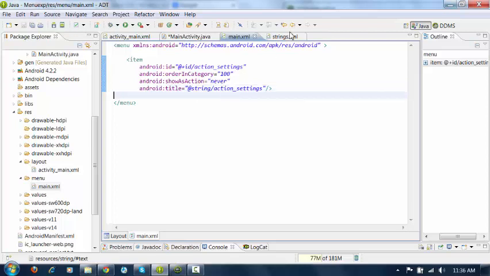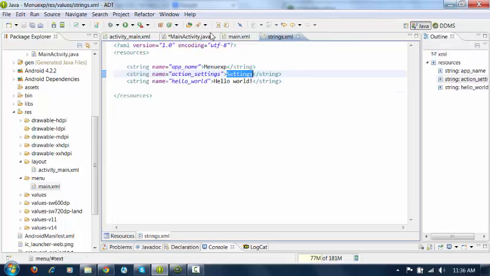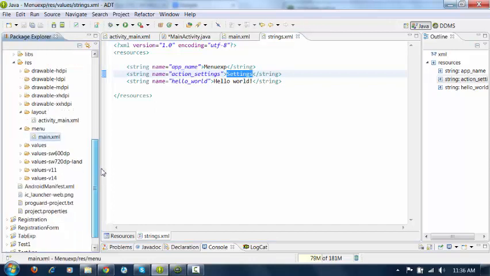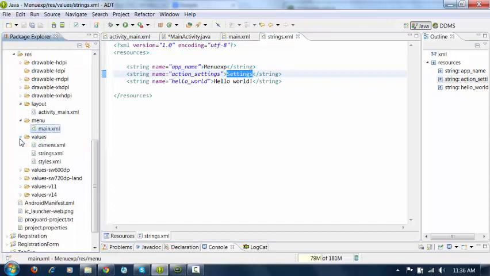Like this, you can define many strings inside the strings XML file, and you can use them anywhere in the application. So where is this strings file actually? Go to your values folder. Here you can find strings.xml.